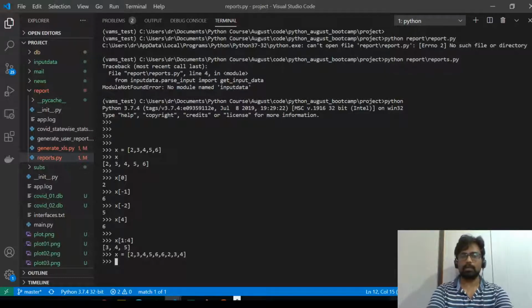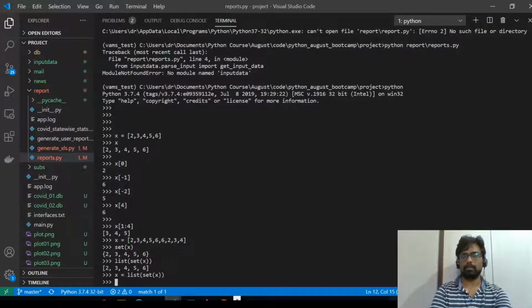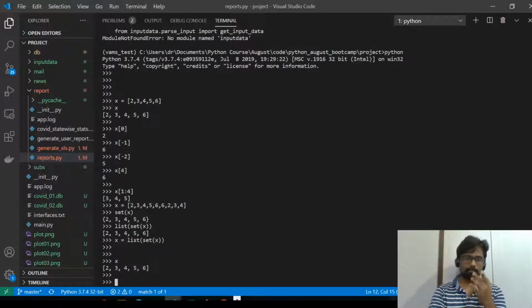What you can do is convert this x into a set. How do you convert? Just set x. If you do set of x, it removes everything that is duplicated, and it gives you unique elements. And then set can also be converted back to a list. So now if you do x is equal to list of set of x, you get x without any duplicates. So this is one of the tricks.